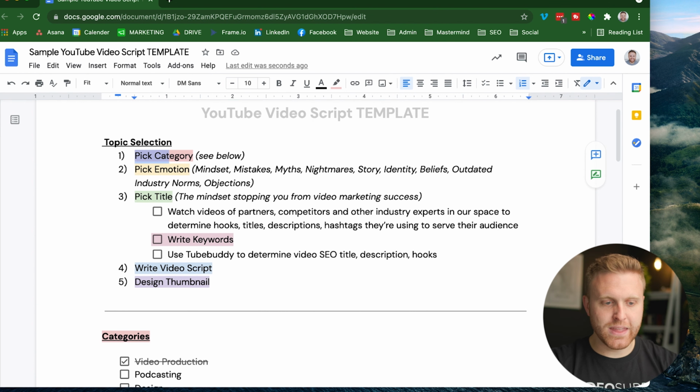So that's our category. And then what we can do is pick an emotion if it's relevant to the specific message. For example, the emotion could be the 5 mistakes that you're making with your video scripting and how to fix that, or the one belief I had that stopped me from creating effective video scripts. When you can identify a category and then pick an emotion, oftentimes that speaks more to identity and belief-based messaging, which at the core allows you to not only speak to the mind, but speak to the heart to then move the mind to action. And in doing so, it makes a far more effective message, let alone video script.